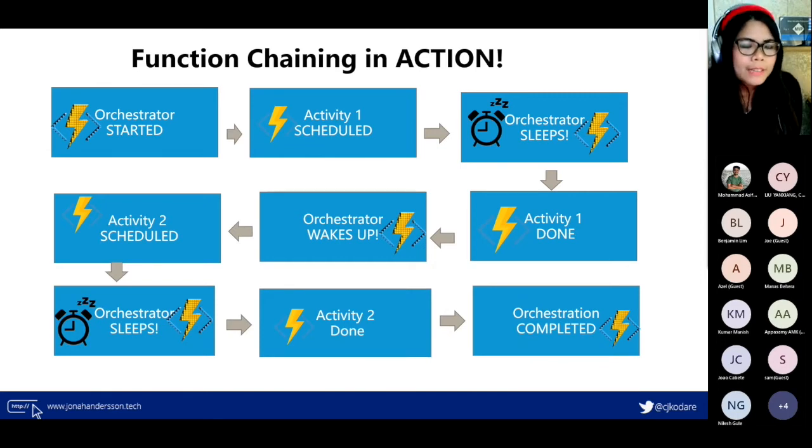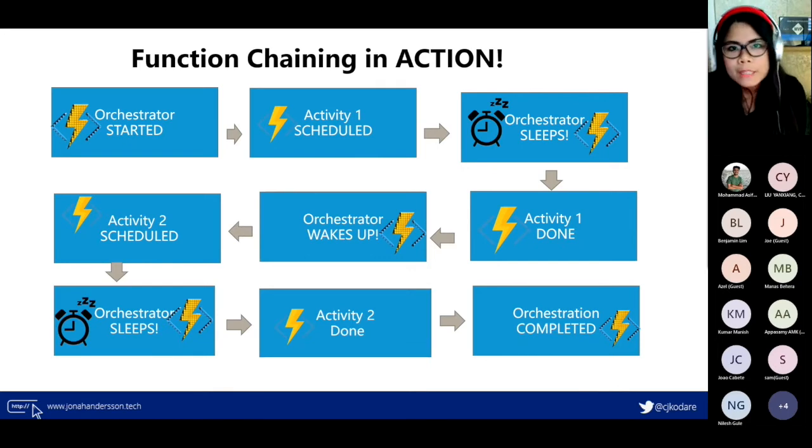And the good thing about the orchestrator sleeping is that it's not just healthy, it's also good for us developers and organizations, because when the orchestrator sleeps, you don't really get charged for activities that are not scheduled by the orchestrator.